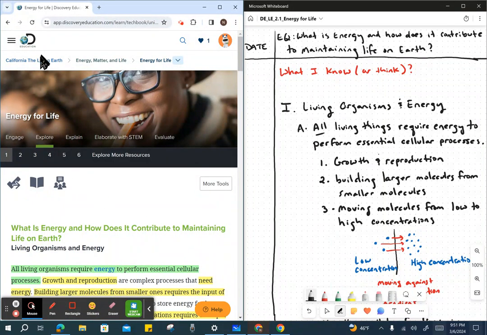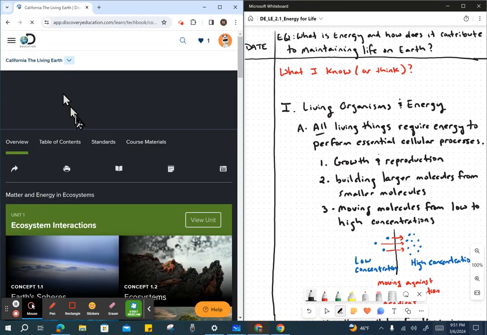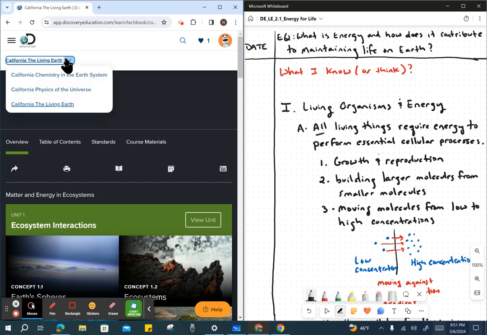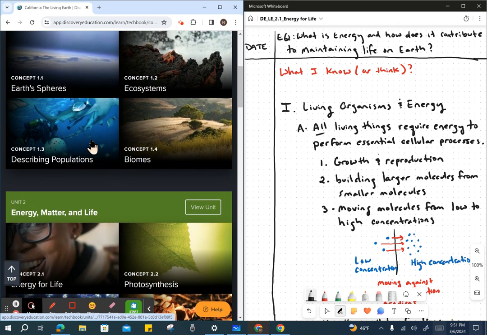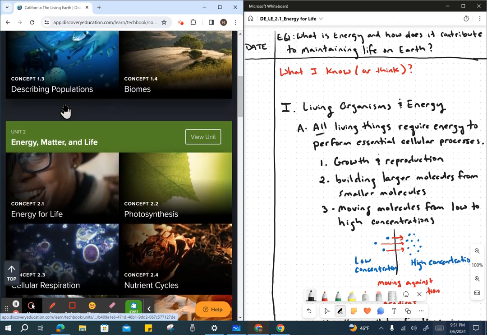Okay, we're taking a look at the energy for life. We are in the book, The Living Earth. So remember, if you click that drop down arrow, you've got your three different texts. We're in the Living Earth, just as previous. We've already finished unit number 1. We're moving into unit number 2, Energy, Matter, and Life, and we're going to start with the Energy for Life